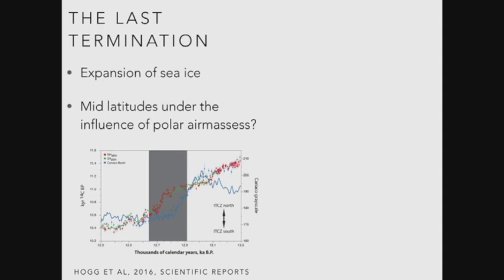If you look more closely and zoom in at the beginning of this change, this in the blue is the shift in the trade winds over Cariaco Basin. And basically, when that collapse in the ocean C14 record happens, is when those trade winds shift south. So that's consistent with that idea of cooling.